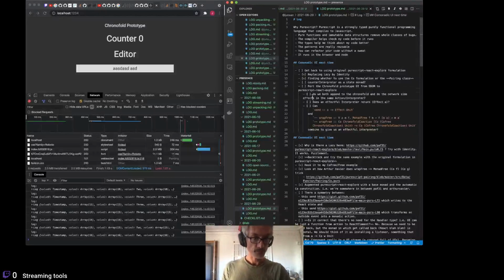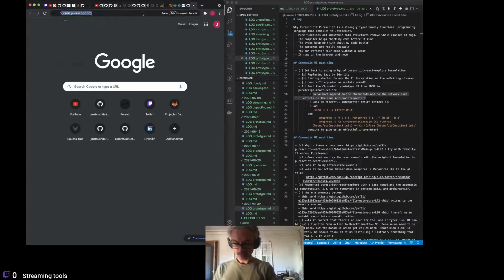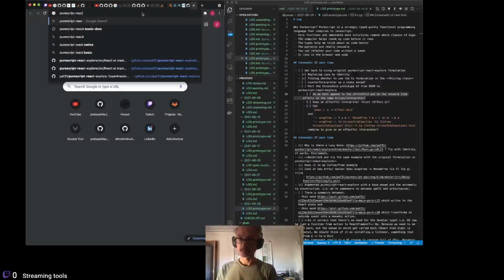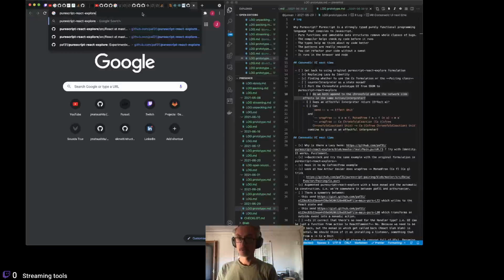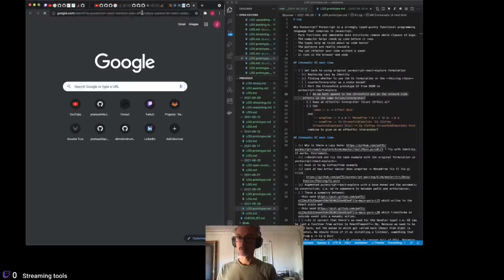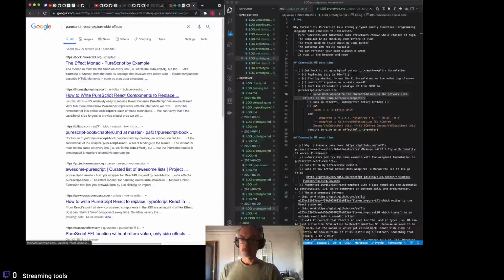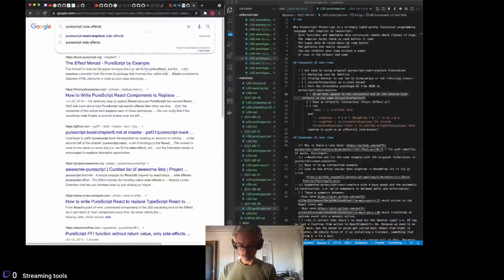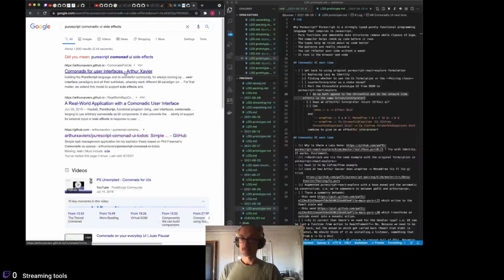So one of the questions is, how do we do side effects within Purescript React Explorer? So let's see. Purescript React Explorer side effects. How about that? Effect monad. So maybe Purescript comonadic UIs. How about that? UI side effects. We've set in order to support side effects. Okay, let's look at